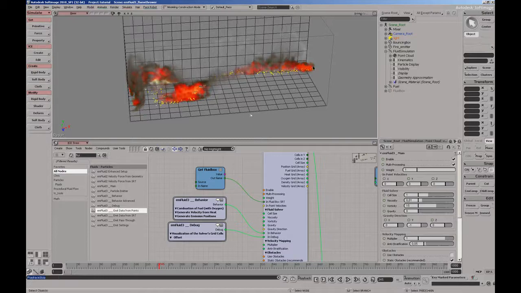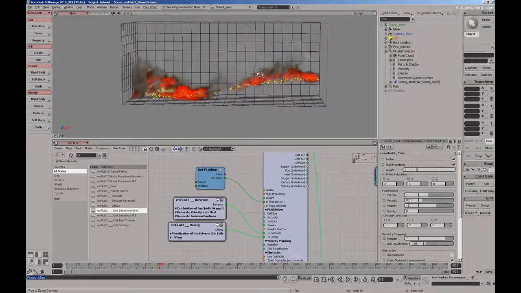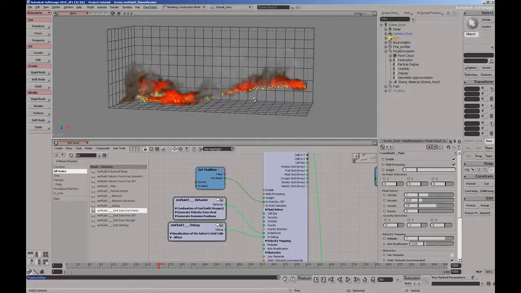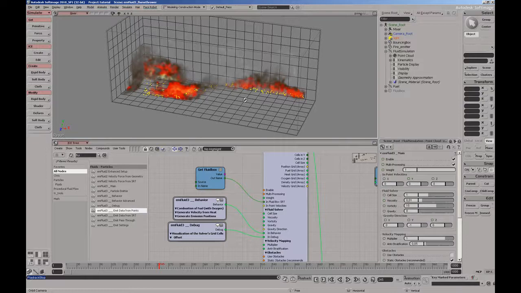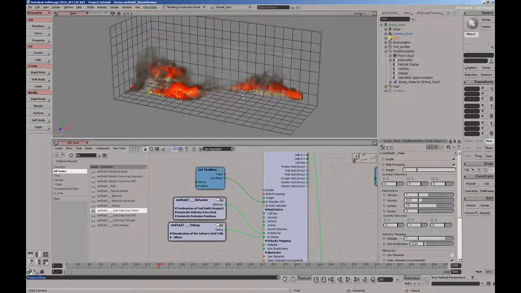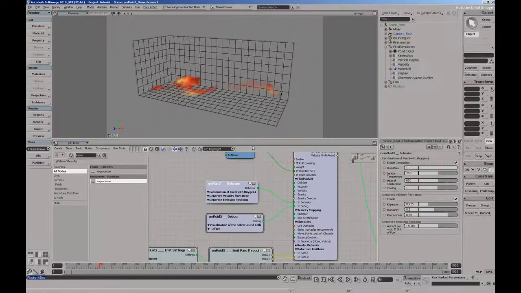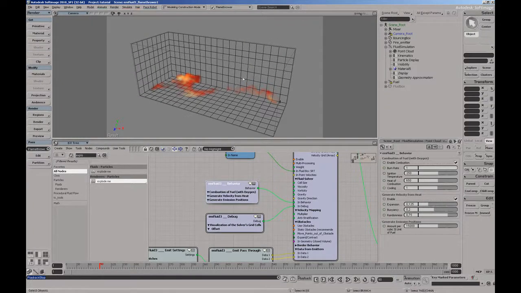Okay, so far we've done the particle emission, fuel emission into our fluid solver. The next step will be to set up the indirect illumination on this bouncing box we just built. Okay, I'll show you how I achieved the indirect illumination here on that